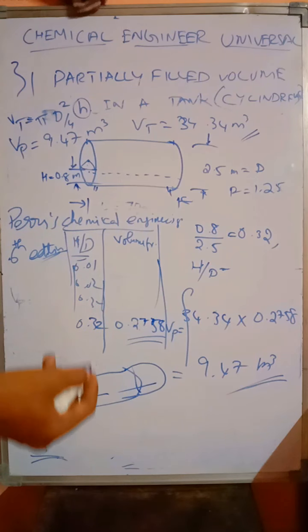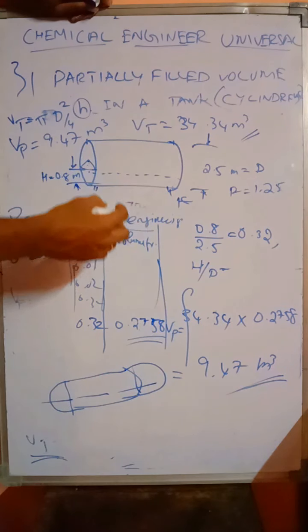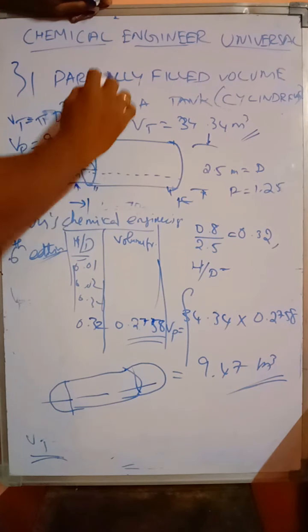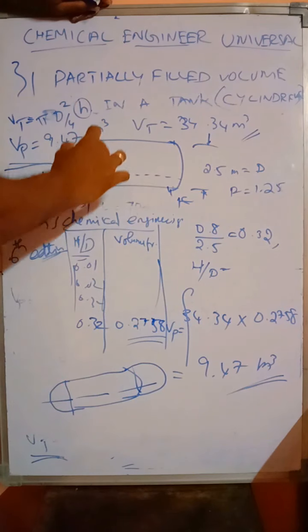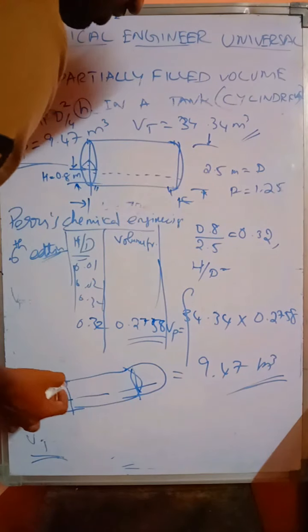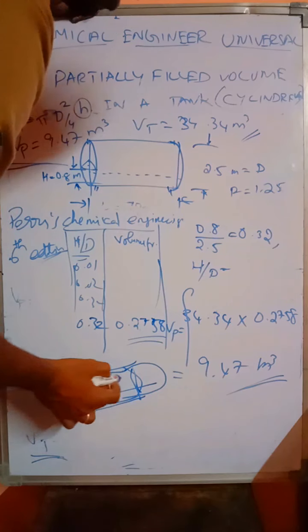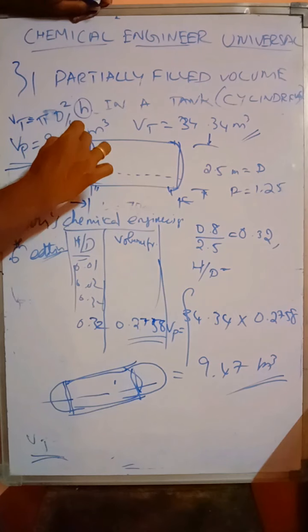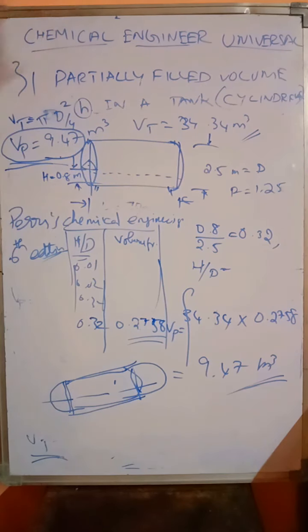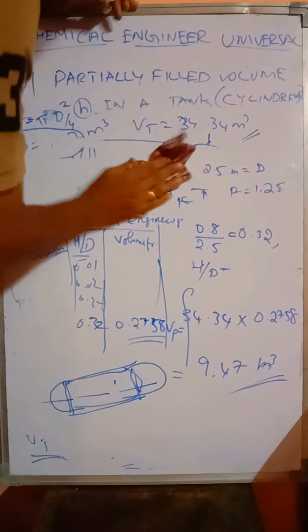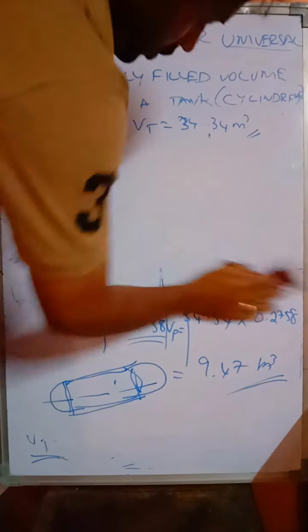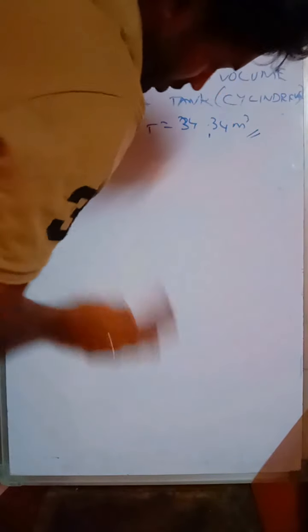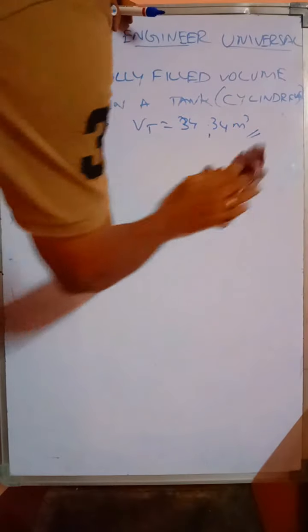So before we are going to see that part, we have to take a few notes from this thing. So we take the total volume, the same data we are going to use. So for the cylindrical volume, for this volume we have already calculated. So we are going to take the same data, same dia, height and head, everything. So for this volume we have taken 9.47 meter cube. So just take this note. For the same data, we are just going to add a cylindrical part only, head part only, and we need to calculate the partial volume of that part also. Okay.